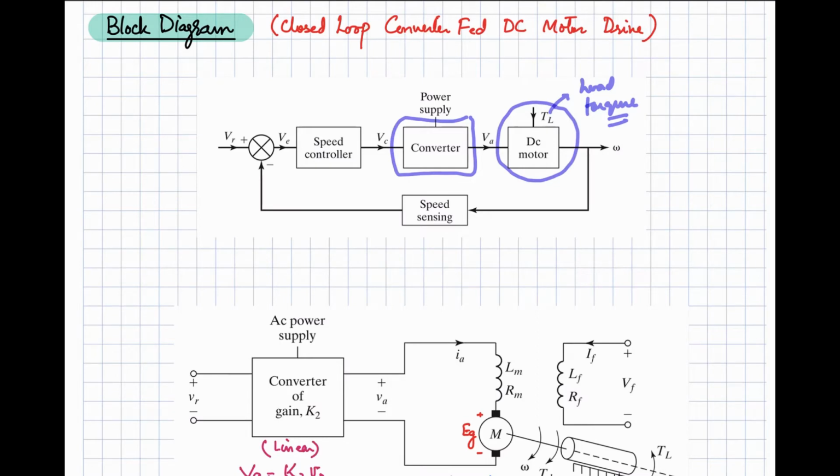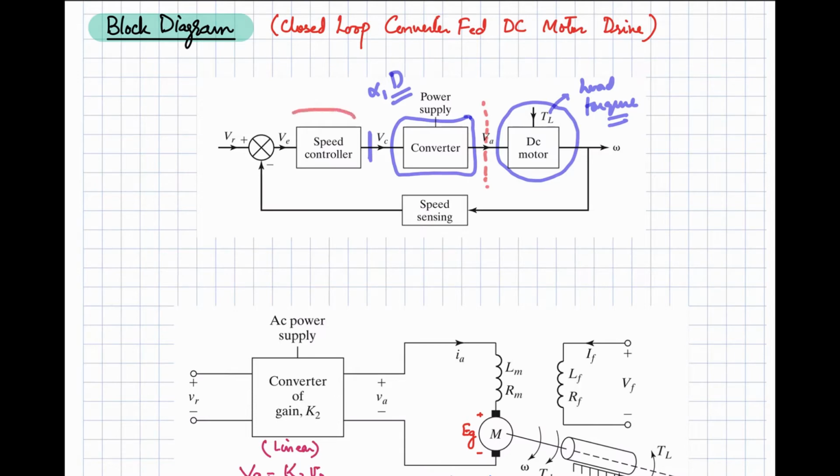We have discussed this converter in the last video, and how we can develop the transfer function of this power electronic converter. This converter gets information of the control variable, that is either alpha or the duty cycle D, in terms of this control voltage, and applies the corresponding voltage at the machine terminals.